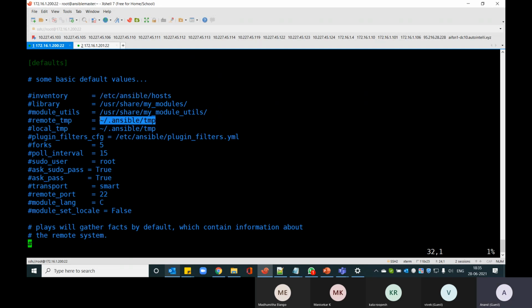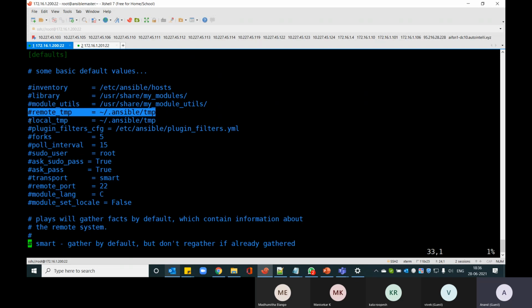As I said, Ansible works in a remote push mechanism. So all the related modules that are needed, let's say, for example, I am installing a software remotely from my Ansible master node, all the binaries or the respective modules needed will be copied from your Ansible server to the client server in this particular directory, .ansible/tmp under root. Deployed, ran, all the output will be fetched from there, and then it will also delete it once it is done. And what is the local temp directory?